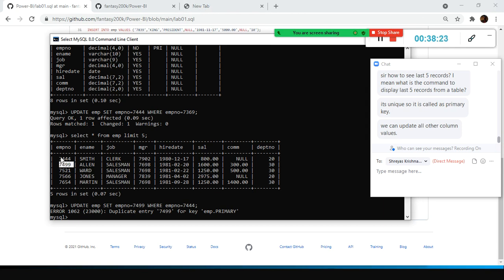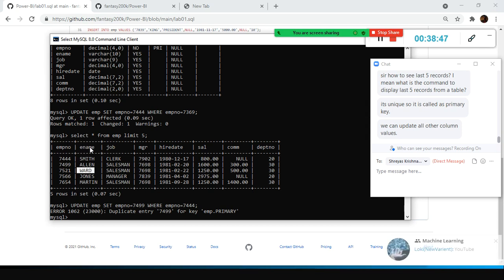If you use the same number, it will become a duplicate, because the primary key column should not have duplicate values, whereas non-key columns can have duplicate values. For example, this guy's name can be Smith, and even this guy's name can also be Smith.